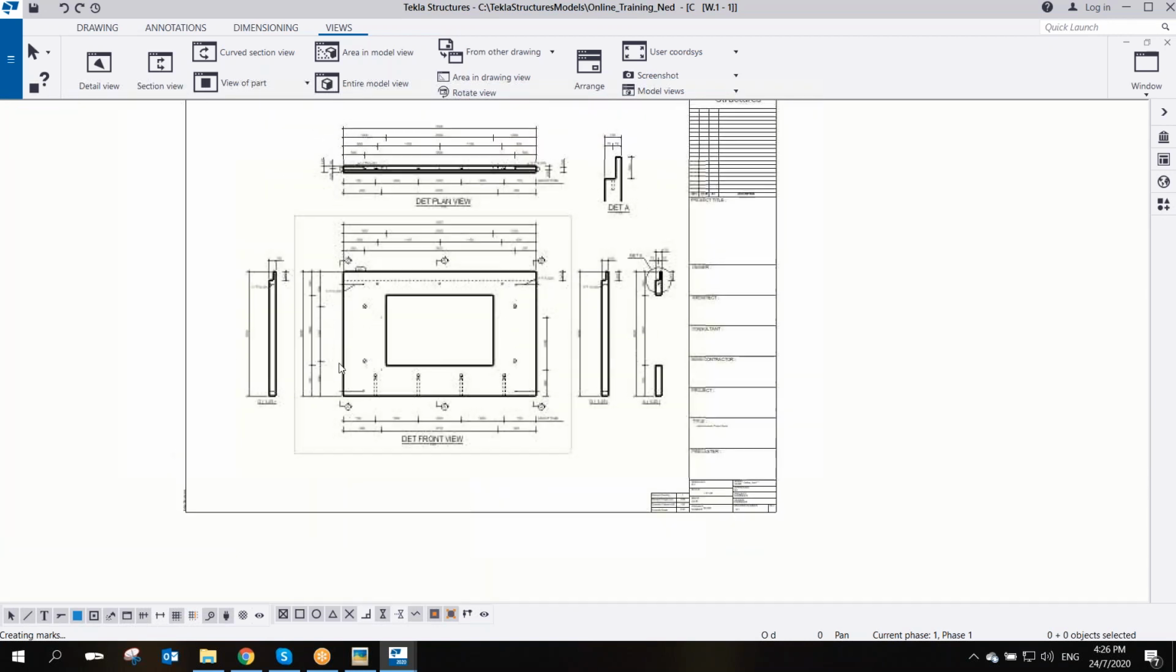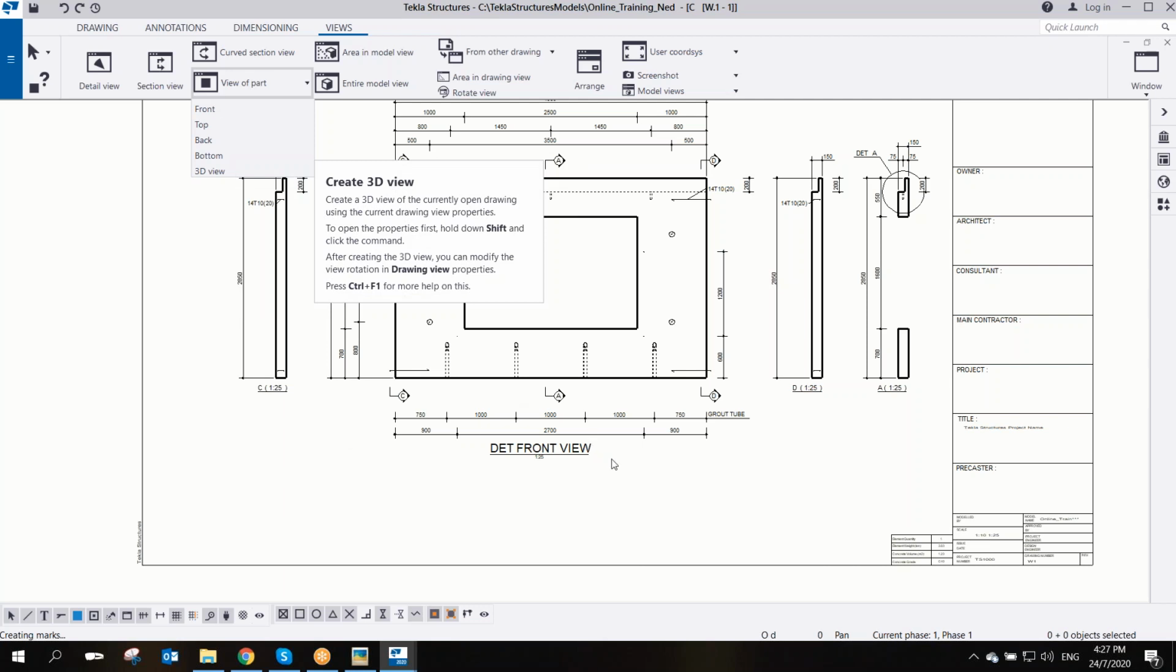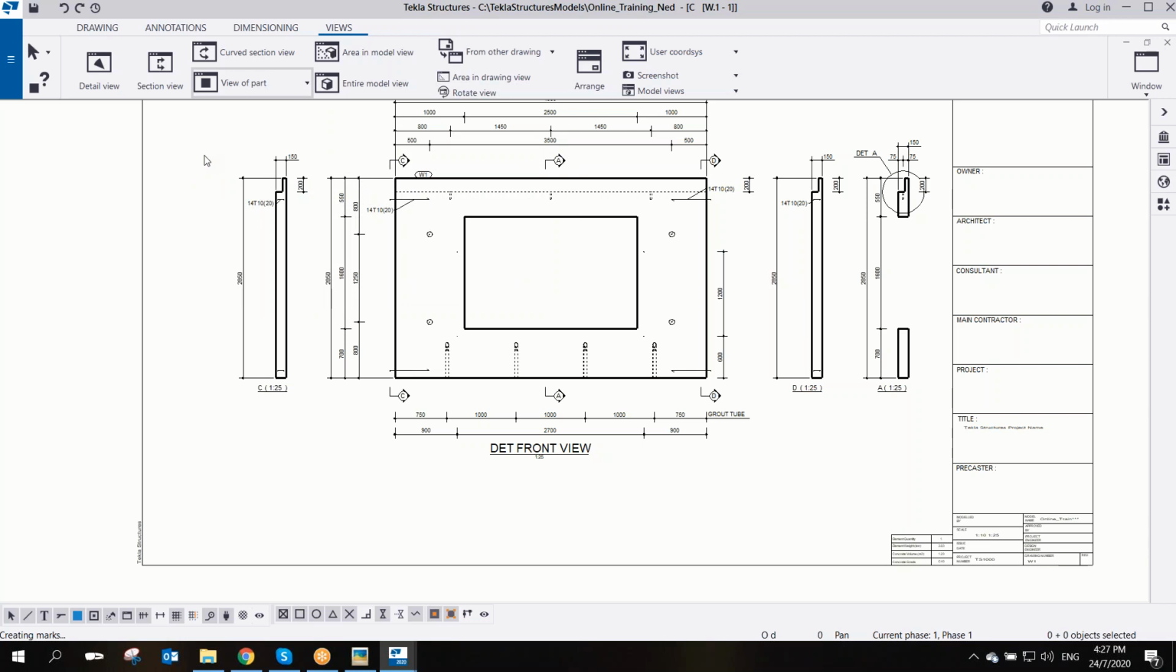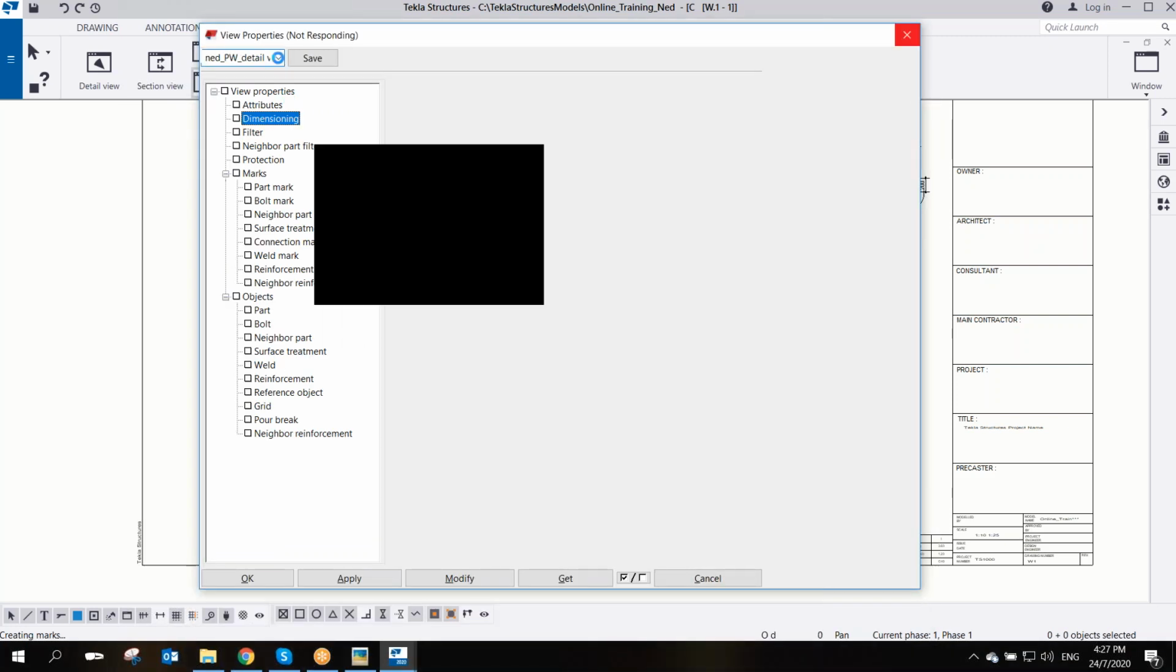Now going back to our 3D view, in 3D view I can select this one. We have a new feature here, this view part. Actually you can create a front view, top view, back view, and bottom view if you want an additional one. Let's say, for example, I want an additional bottom view here. So all I have to do is click the bottom. So again, select this one and then let's say,